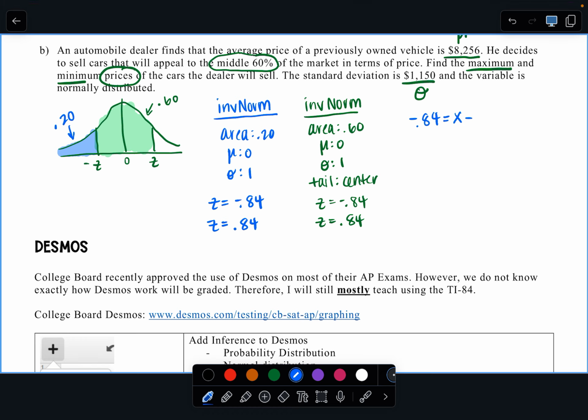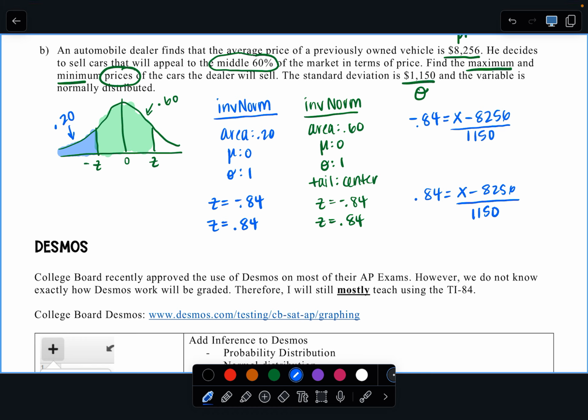I'm going to subtract the mean and divide by the standard deviation for both of them. Negative